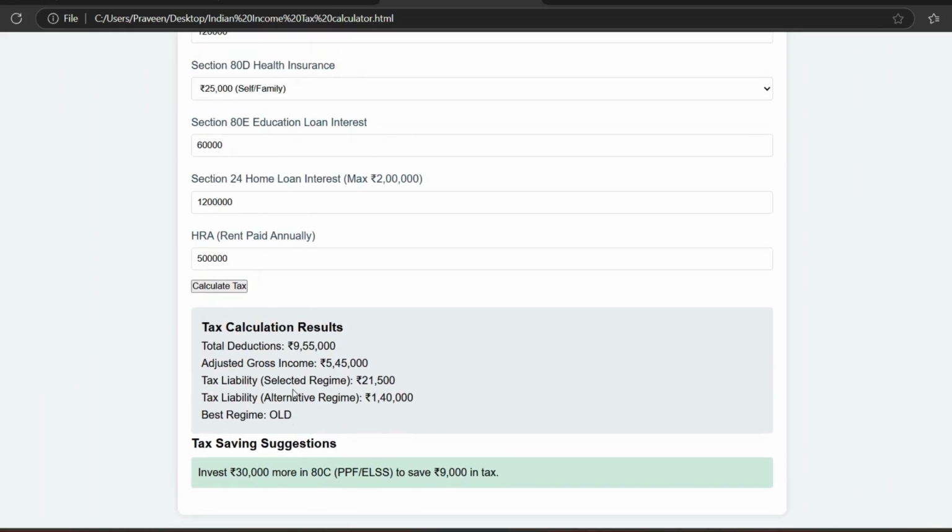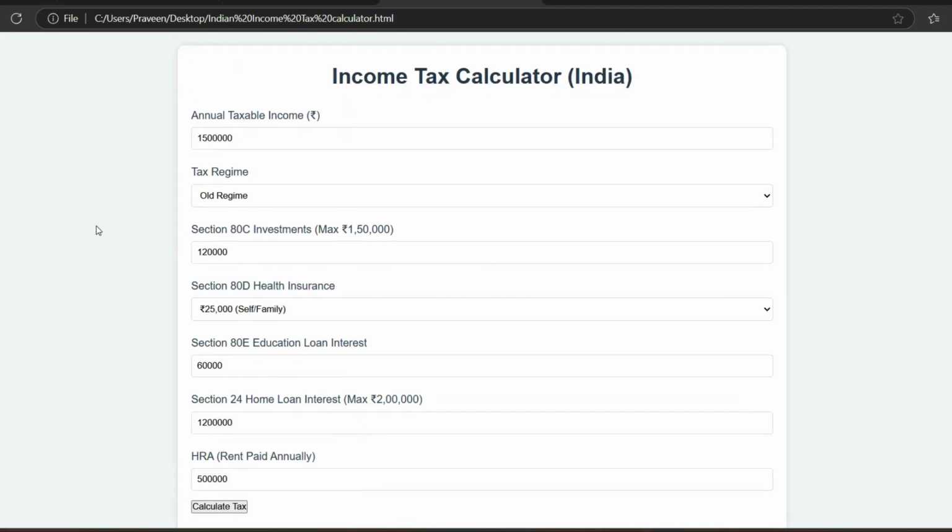So you can see it here. It has given the results, but I'm not satisfied with this model. I want it to elaborate more. Let's say for example,